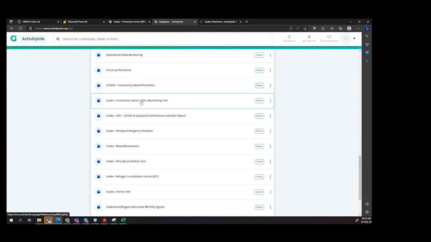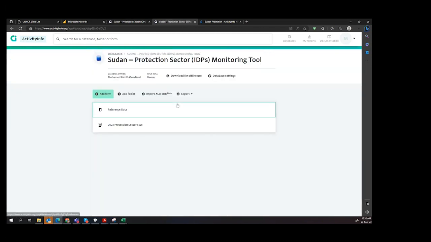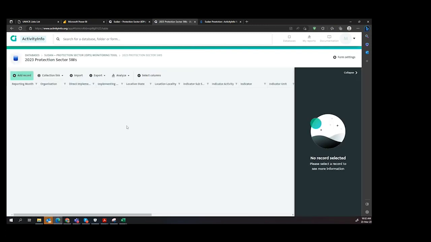which is this one, Sudan Protection Sector IDP Monitoring Tool. As you can see, here is the form. So you access the 2023 protection sector. I assume that most of you have already dealt with ActivityInfo last year and are familiar with it. It's almost the same structure for this year, and in order to add a record, you just